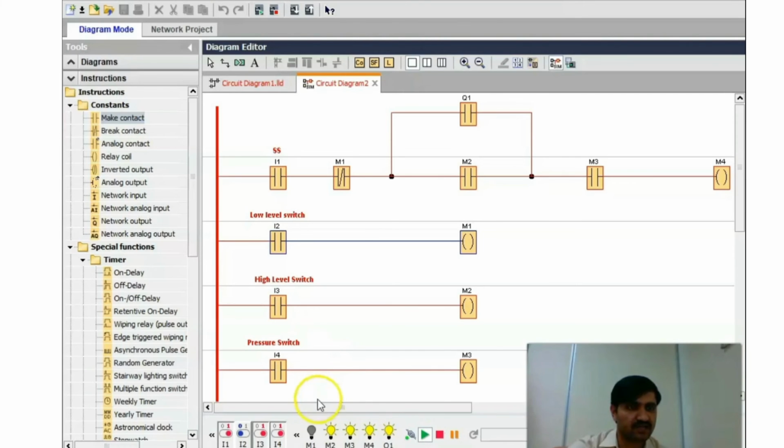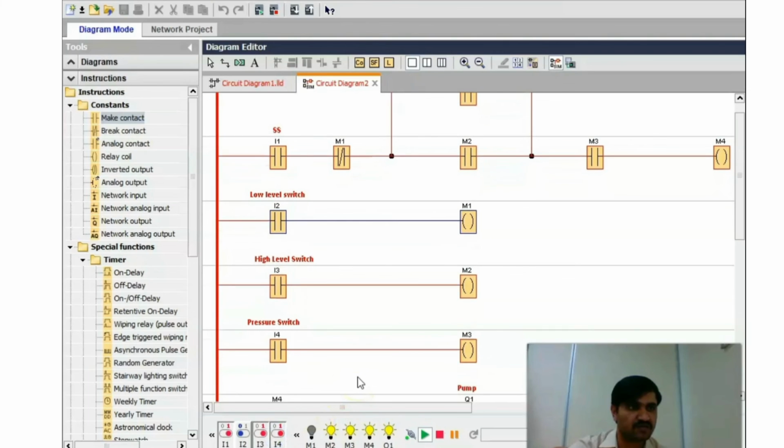Let's try another method. Our selector switch is in auto mode. Our tank level is high. Now the line pressure is low. When the line pressure is low, I4 will be active. When I4 is active, our booster pump will start.